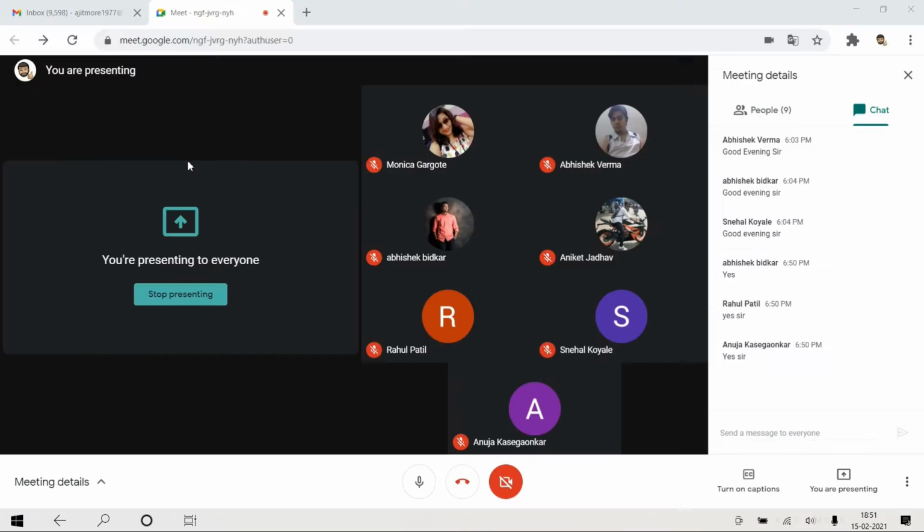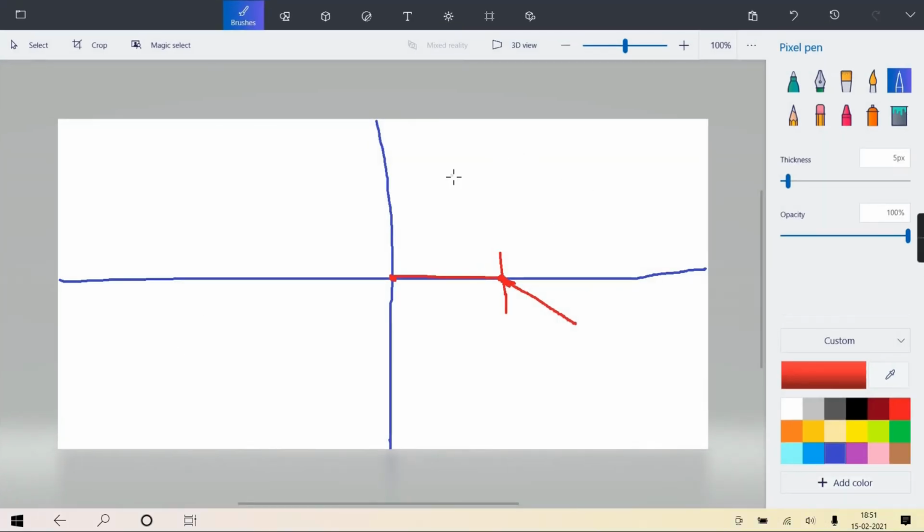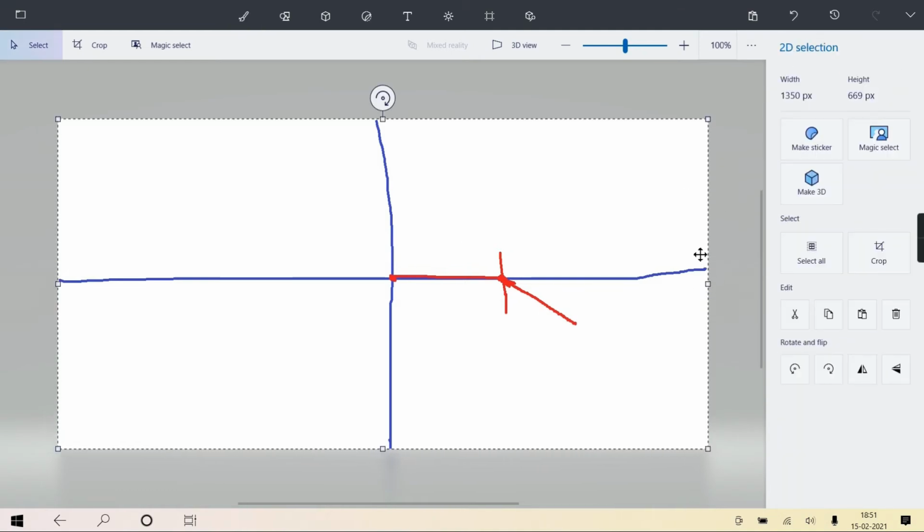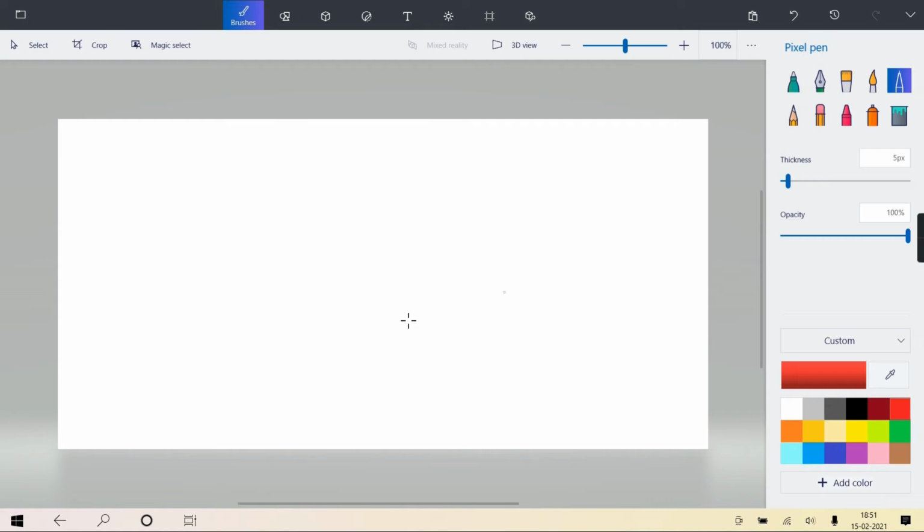You understanding? See, this side here it is, and we are saying forward 100 and move your face 90 degree right. So it will move 90 degree right. So will it make its face this direction?